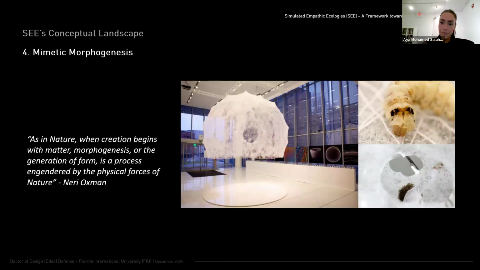So in this pavilion, the silkworm's natural spinning behavior was used as a form of biological computation. In a way, we see architectural thinking not just being influenced by the systematic thinking of cybernetics, but also by actual behavior from nature and materiality that is also influenced by various biomimicry thinking.